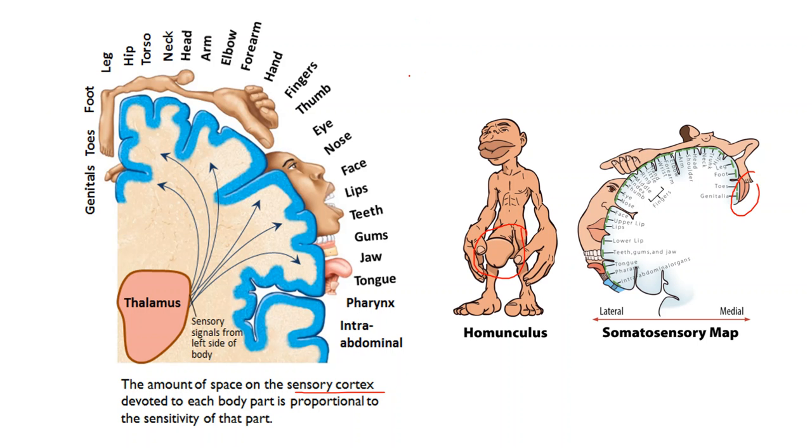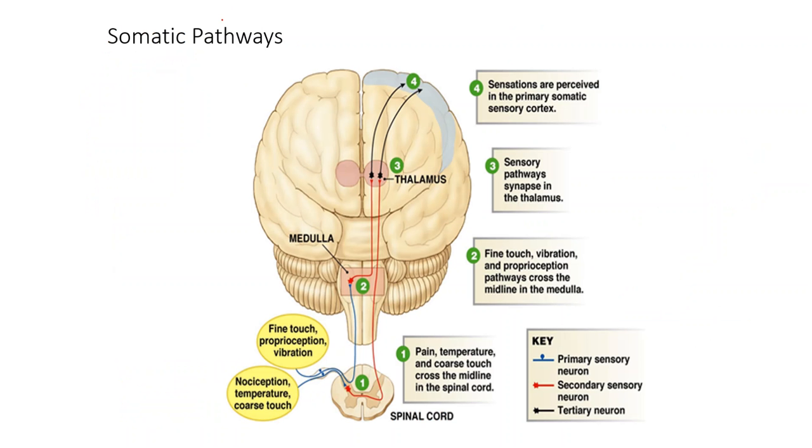And of course, our genitalia, for instance, this is kind of funny, right? Have lots of these. A lot of sensory cortex is devoted to those parts, the sensitivity of those parts, and face, tongue, okay, parts like these are also important. Also, we learn about hands and feet as well. Okay, well, we learned this already.